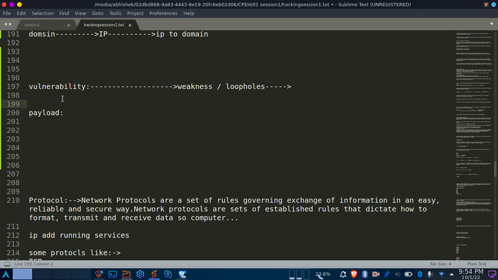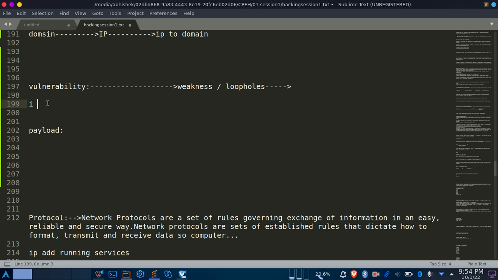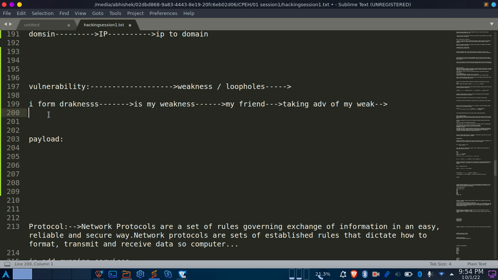So, if I say I am scared of darkness, that is my weakness, and my friends are taking advantage of my weakness. Now what will they do to harm me? They will just switch off all the lights